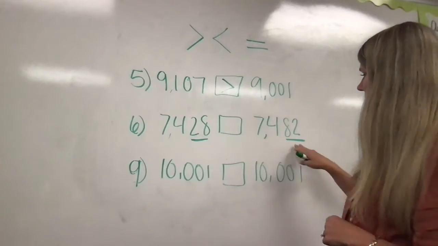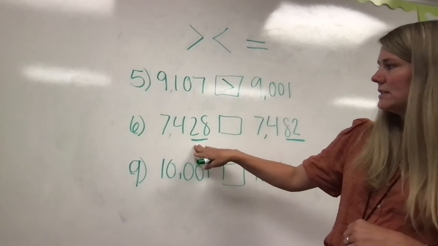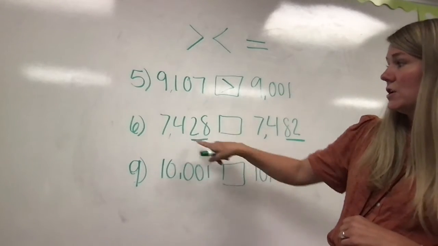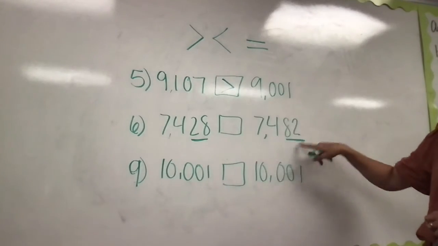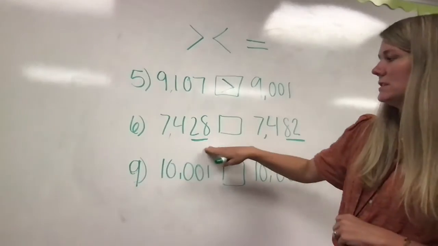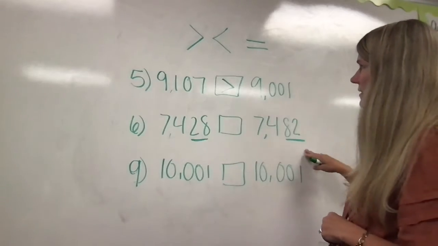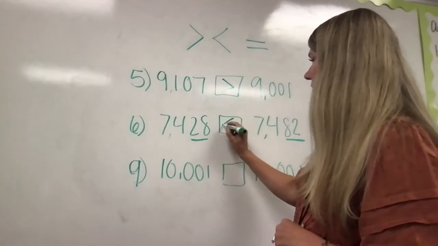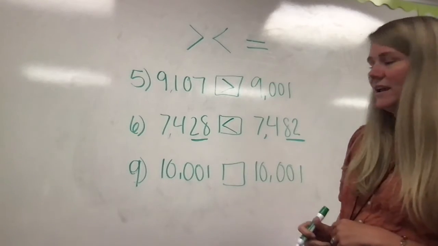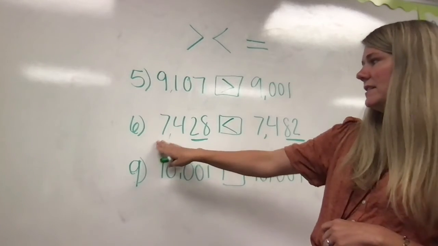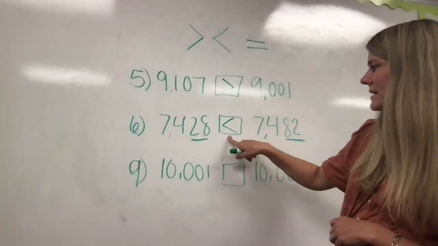If we look at these back two numbers, I see that this one is 7,428 and this one's 7,482. So this number is going to be smaller than this number. So I'm going to eat the larger number with my sign. Now this reads 7,428 is less than